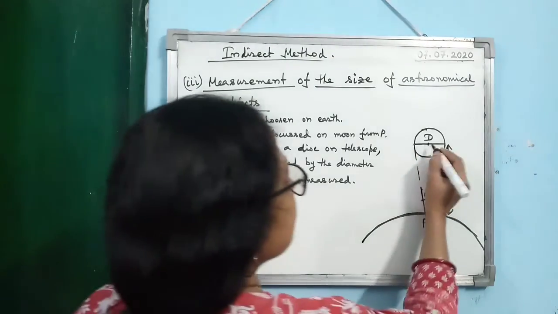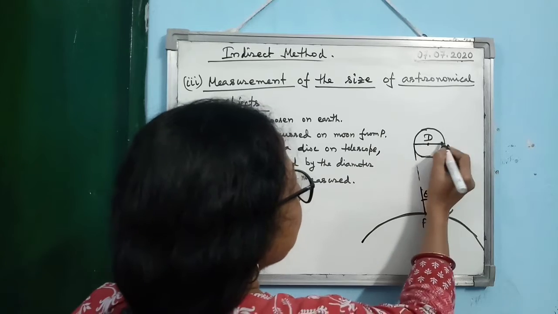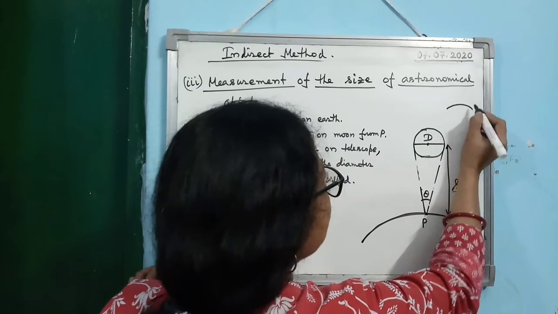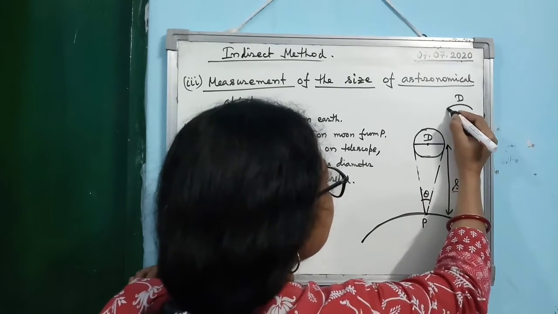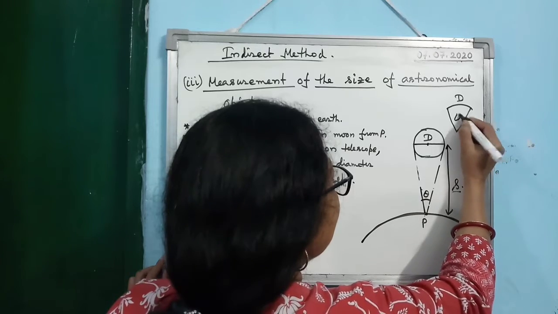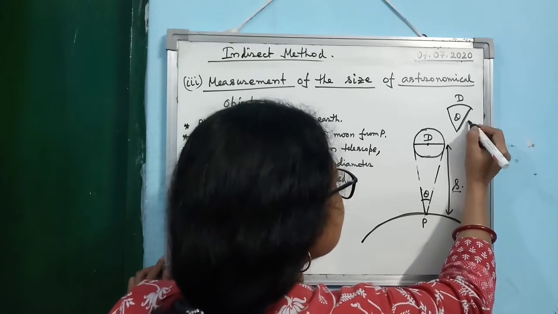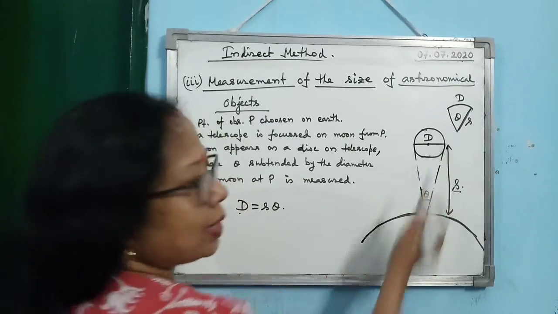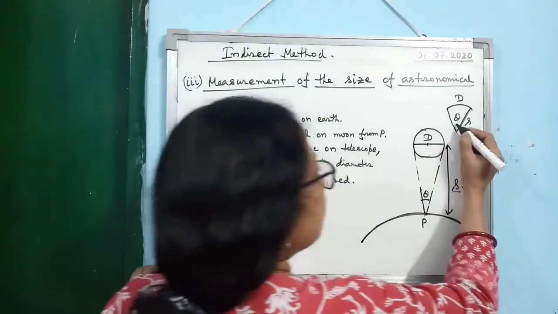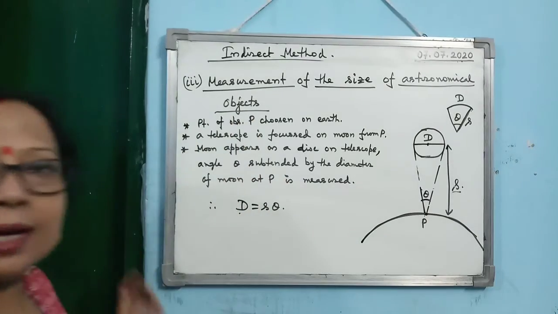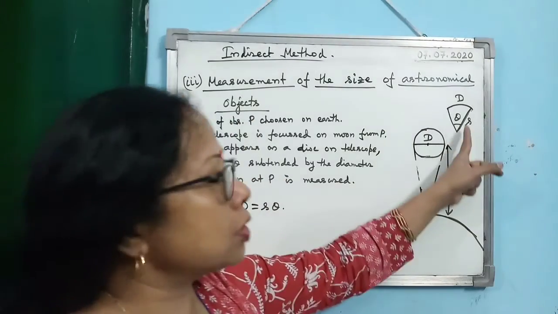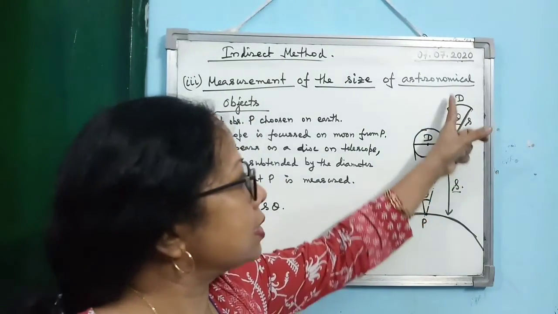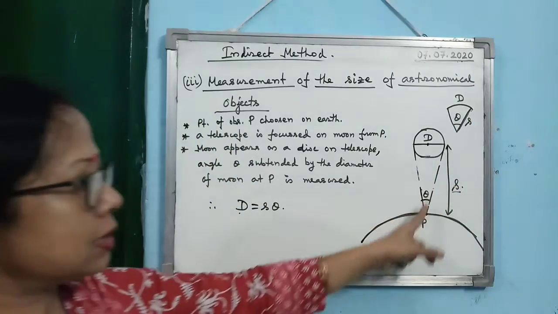It comes from this: if you consider the diameter of the moon, it is nothing but the arc. This is theta, and this distance is nothing but the radius. So D is equal to S into theta. Can you remember? It comes from the definition of the angle. Radian also we have used this. The concept of angle comes from this, so you can apply the same here.